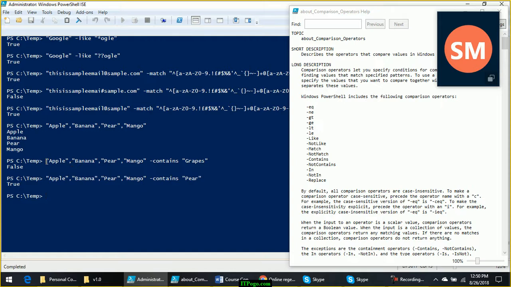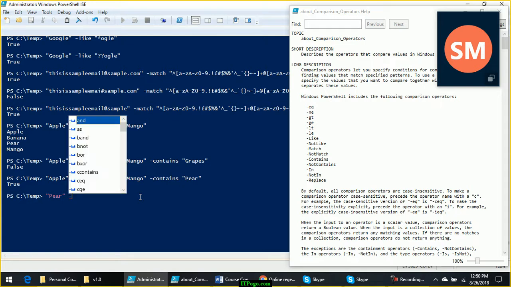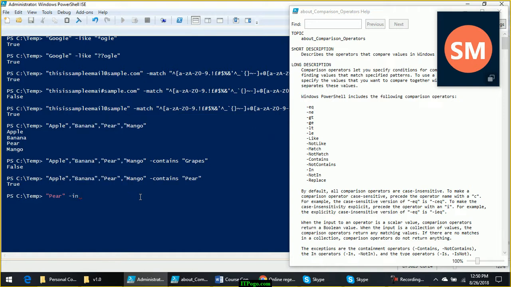So when you have to find out from a list of multiple values whether a particular value is present in that list or not, that time you will use contains. Opposite of contains is not contains. But when you look at by changing the sides, what do I mean by changing the sides? Instead of keeping the list on the left hand side, if you keep the value on the left hand side and list on the right hand side, you can use -in operator.